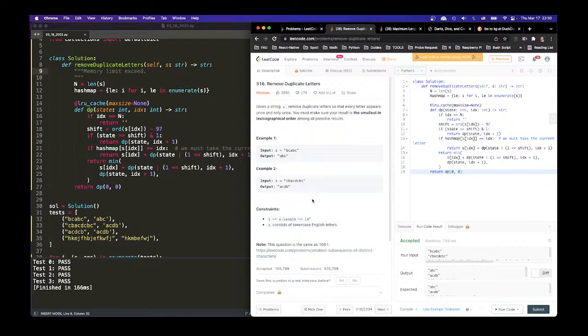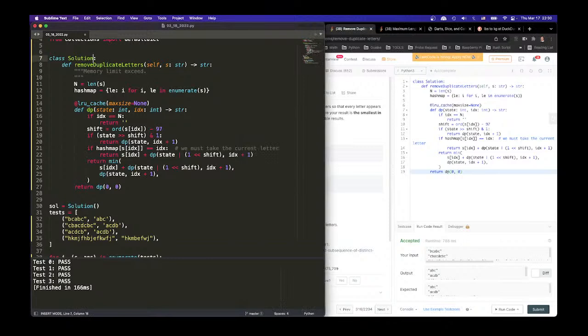Yeah, basically it's saying I push a smaller one, and I can pop something bigger if we have another one at the end. So I pop, come in, and then we cannot pop. If I come in and it's smaller, then I pop if this one can appear later. So basically, what it's saying is